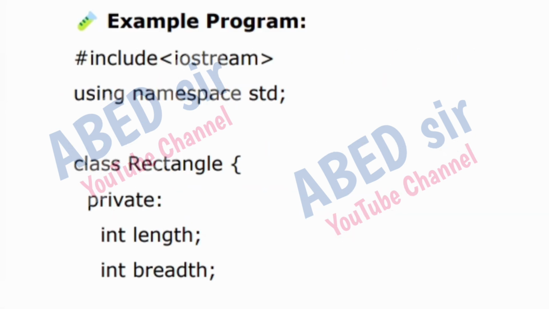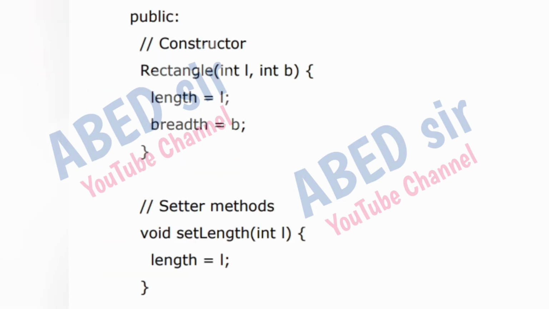Example program. #include <iostream>, using namespace std. class Rectangle, private: int length; int breadth; public: constructor Rectangle(int l, int b) { length = l; breadth = b; }